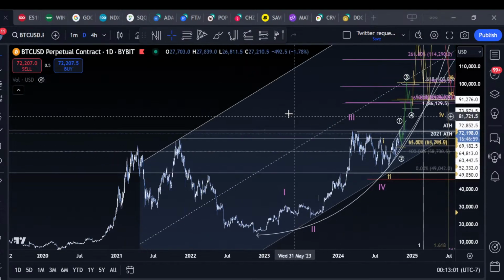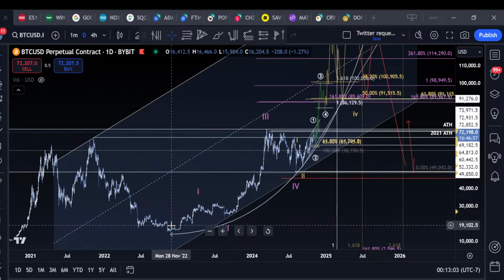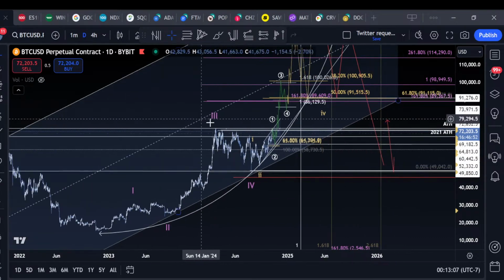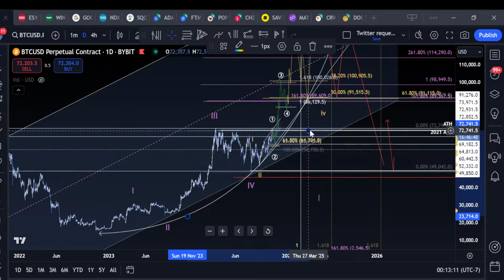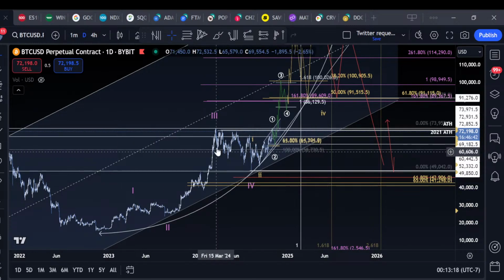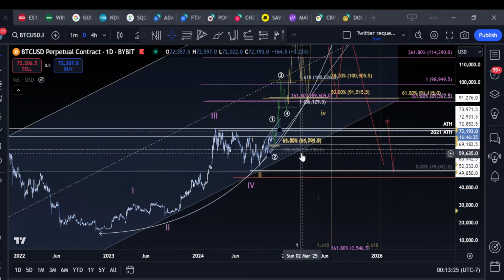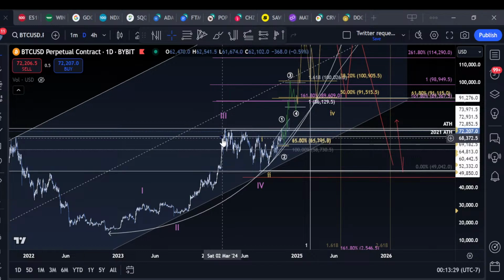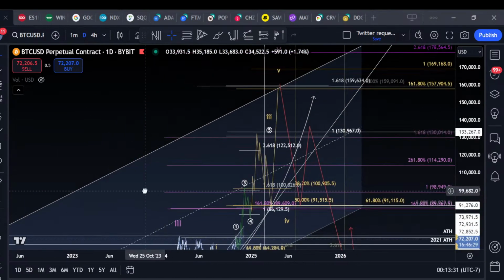I think it's kind of hard for anyone to dispute that this is a wave 1, 2, 3, and wave 4 is just a big question mark. I had some ideas of a wave 4 coming down into this low, tagging this retracement. I'm going to clean up this chart, by the way. I'm just going to talk about the concepts here. And there were lots of cool structural ideas of coming down to this 41K low. But now, I'm going to flip bullish. I'm going to say wave 4 is done. Wave 5 is coming.